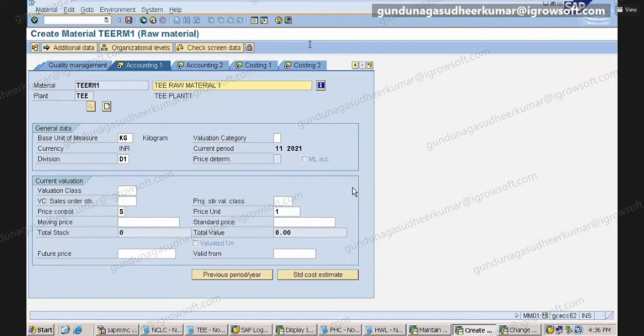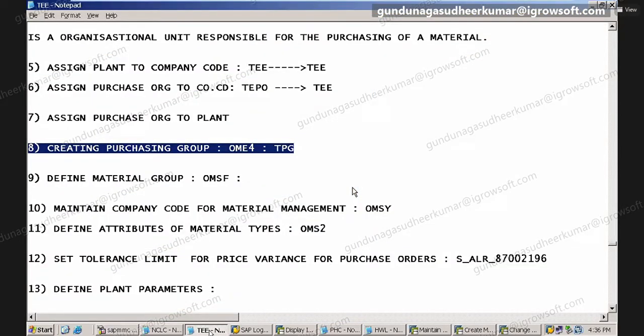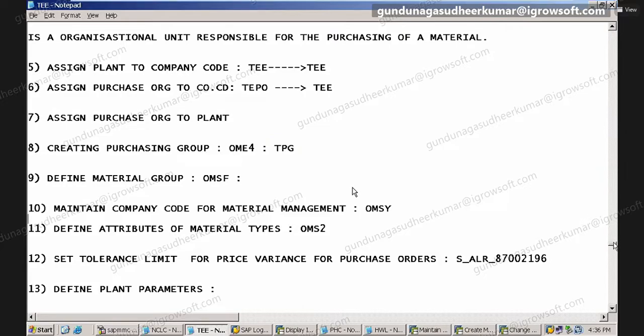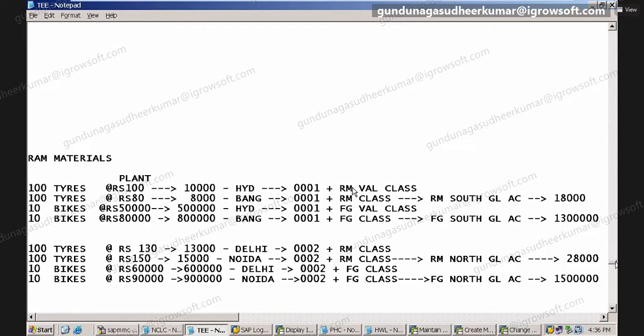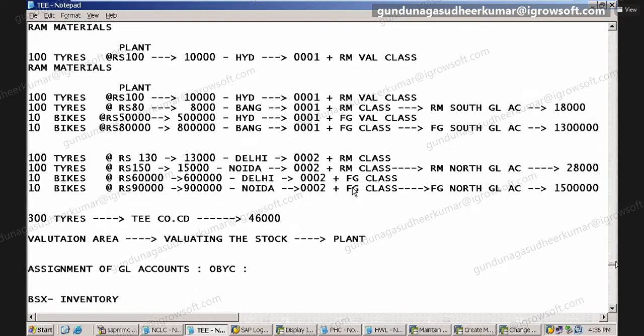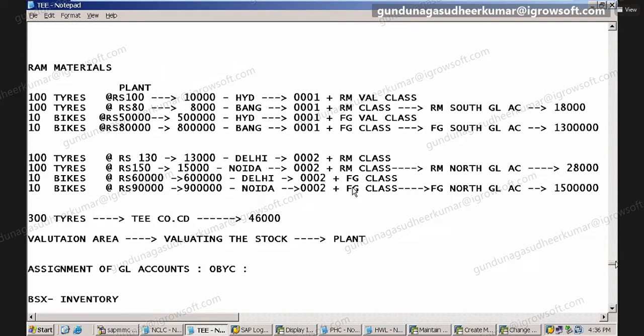Raw material. How many valuation classes did we create? Two, sir. One class is 0001, raw material, and one is finished goods, 0002.